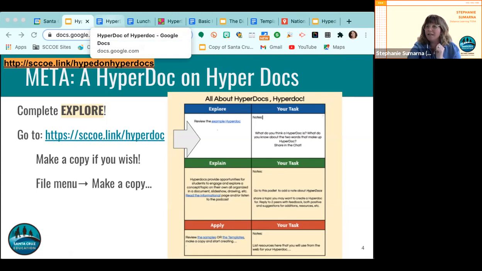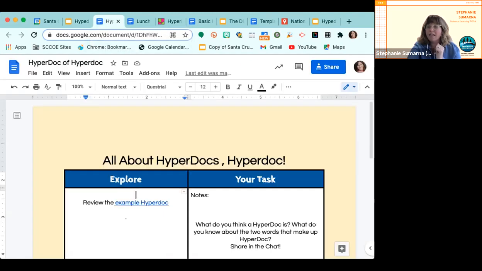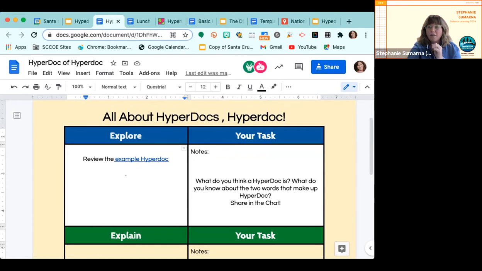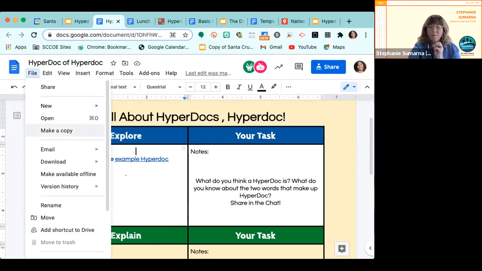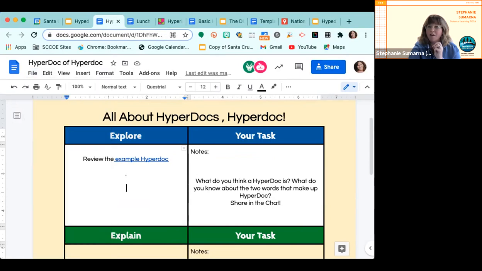So when you open the link that's in the chat, it will take you here, and you can either just work on it the way it is like this, or if you want to be able to edit and make revisions to it, you could file, make a copy, and save it for later. But what I'd like you to do is just go ahead and review the example Hyperdoc that is linked in the Explore section. And then your task is to put in the chat what you think a Hyperdoc is and what you already know about the 2 words that make up that combination word Hyperdoc,